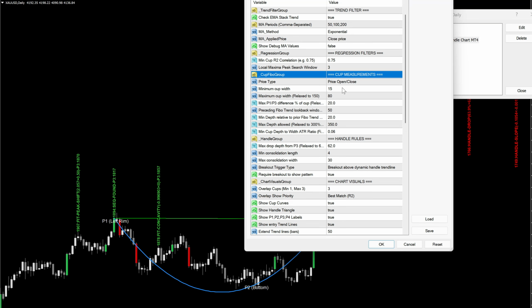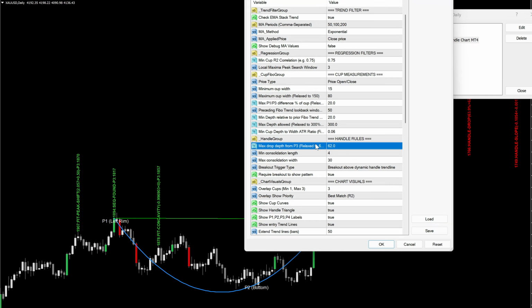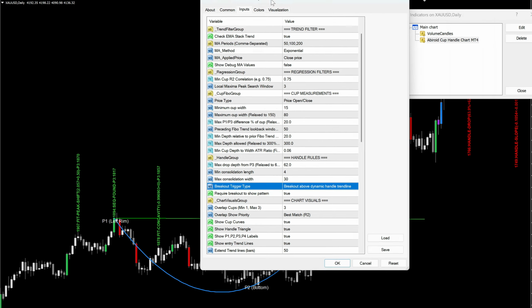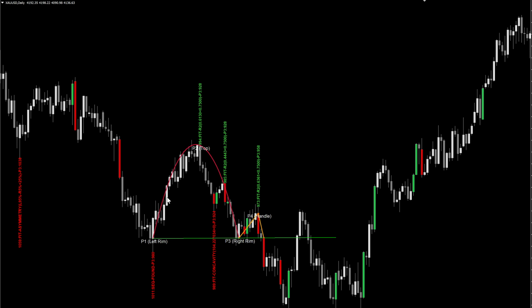Now this is the cup measurements. So it will look back 50 bars, it will draw a Fibo, and after that it will check for all of these values. We already talked about the handle. And now the breakout. If you have set this to false, then while price is forming, price will go back and it will create this cup and handle right over here. But if price keeps going further and goes beyond that 62%, in that case this pattern will disappear.